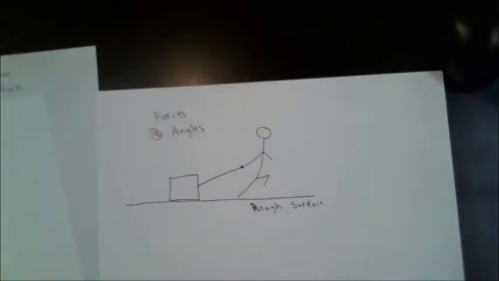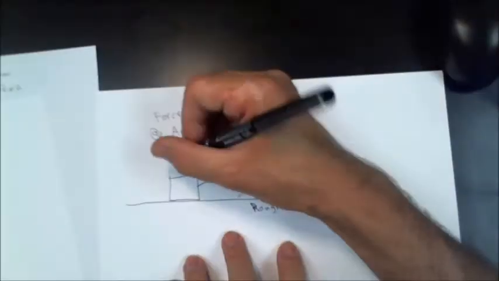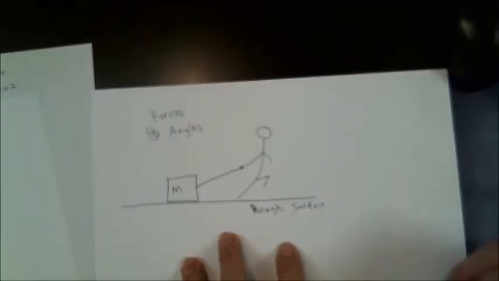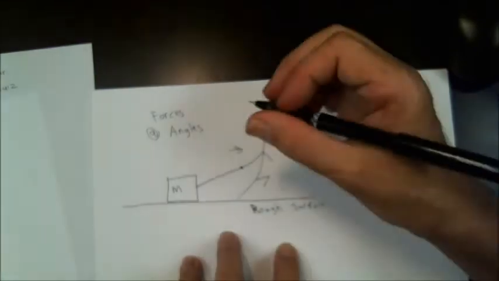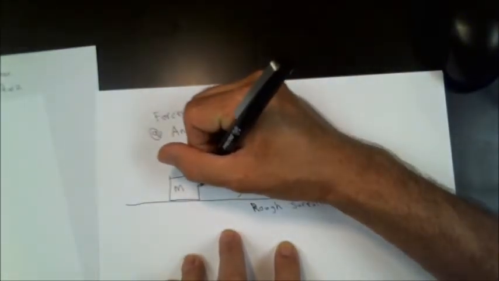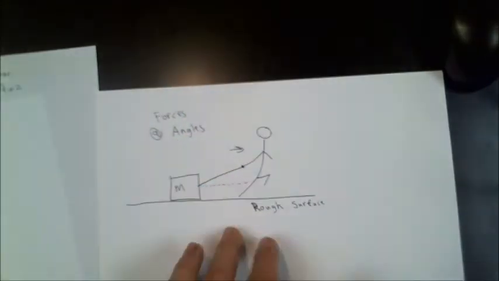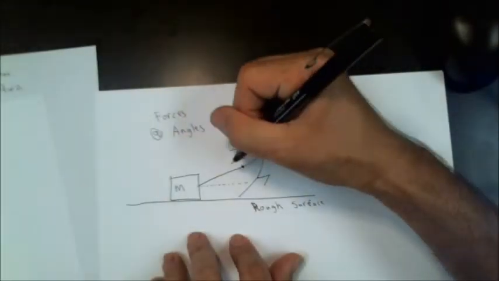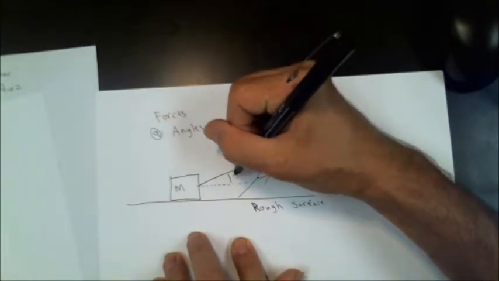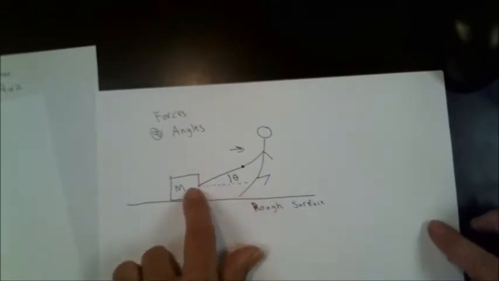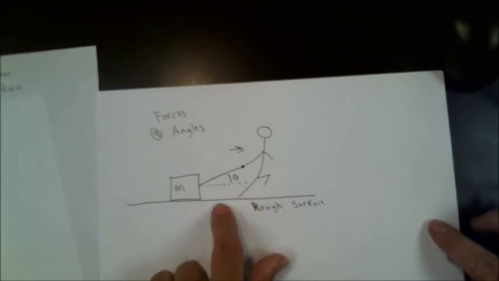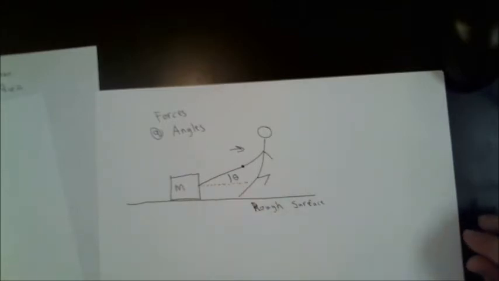So what we have is a person pulling a box with a certain amount of mass M, and they're pulling it in this direction on a rope that makes a little bit of an angle. If I measure the angle of the rope, I'll just call it theta for now, it makes an angle theta with the horizontal. I drew this dotted line simply as a horizontal reference, parallel to the floor, but this is the angle of the rope. So in a way, they're pulling it up and pulling it to the right